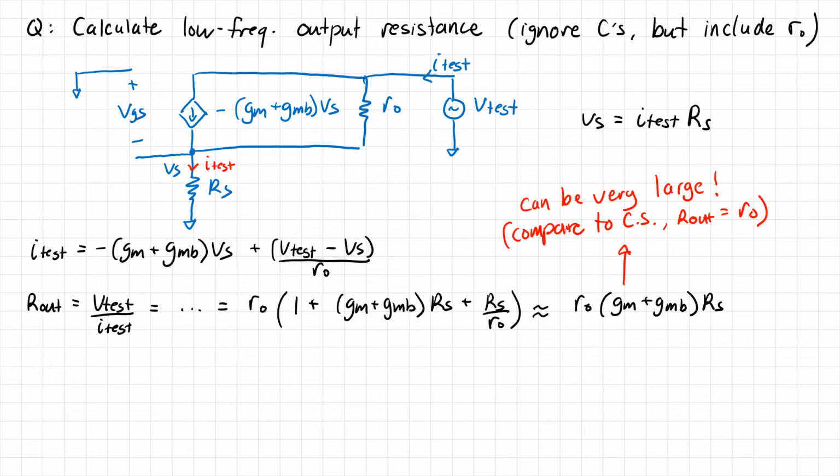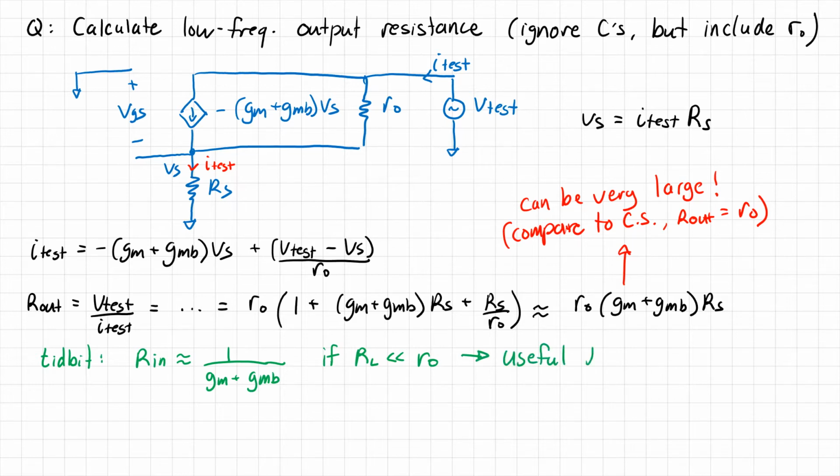Okay, so that's cool. I want to introduce one more, let's call it a tidbit, and say that Rin of this amplifier is approximately equal to 1 over GM plus GMB. I'm not deriving this, I'm just stating the answer. If RL is much lower than RO. Okay, and so this turns out to be useful for low Rin designs,